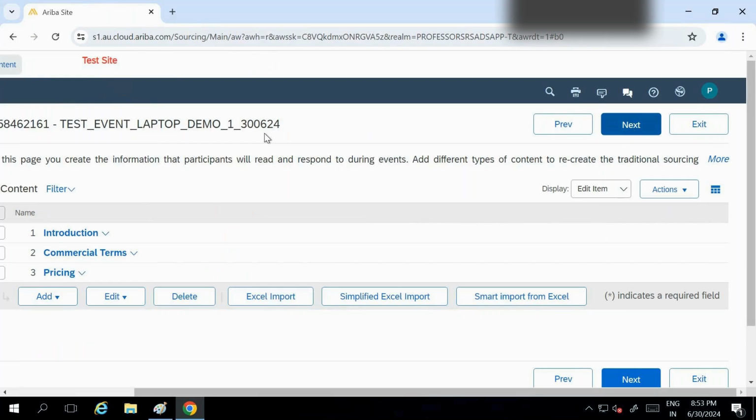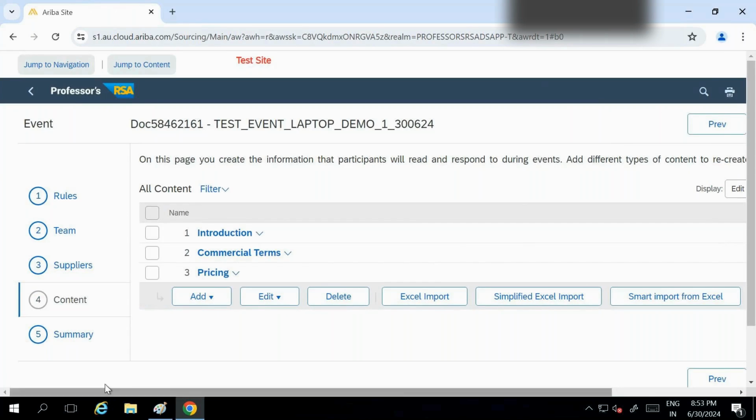Now if you see, by default I'm getting this introduction, commercial and pricing. Nothing is mentioned about where to put my technical things or my commercials. Now pricing is just your commercial terms. You can mention your payment terms, payment method, your other cost terms, like if you want transportation or GST, you can simply mention it here. But for pricing, you have to create your line items here. Introduction, you can mention. On template level, we will configure all these things. For every event we are not going to create and mention all this.